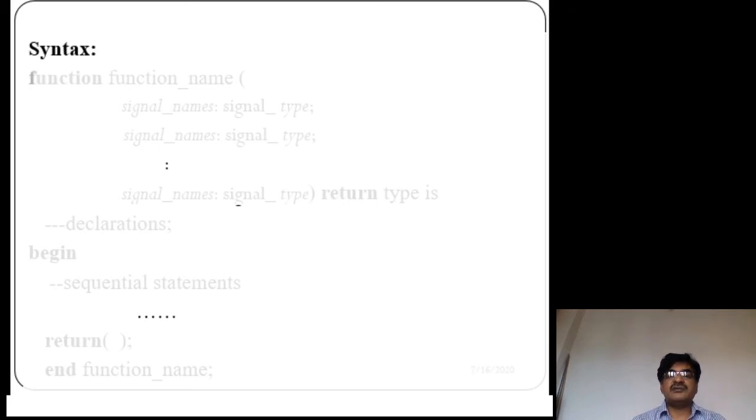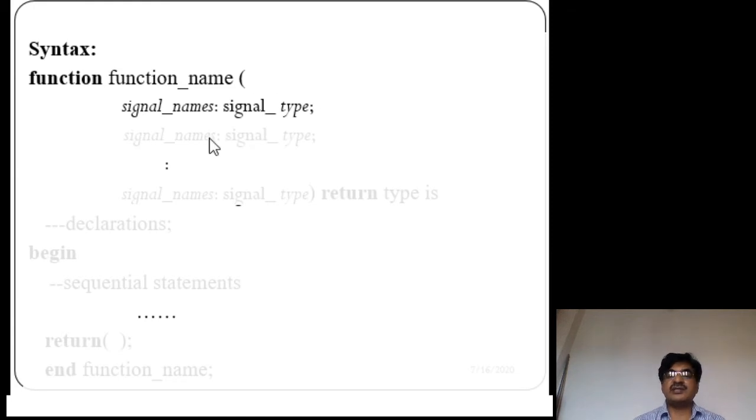Start with the word function, followed by the function name. Function name means automatically it is an identifier. Then the list of parameters. They are like this: signal names colon signal type. Many signal names you can represent here, named as the parameters, with their signal names and data types.